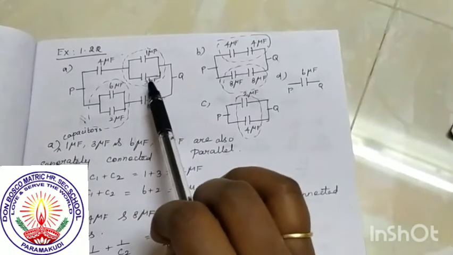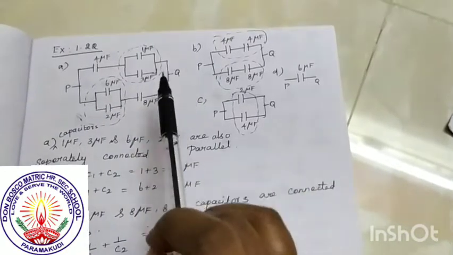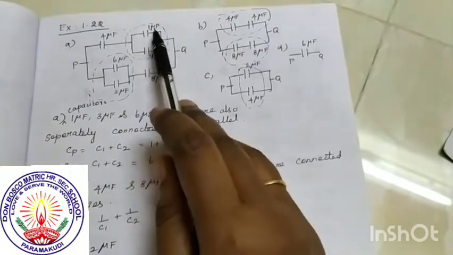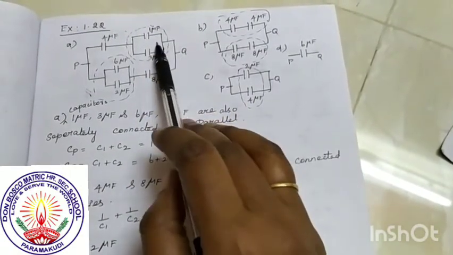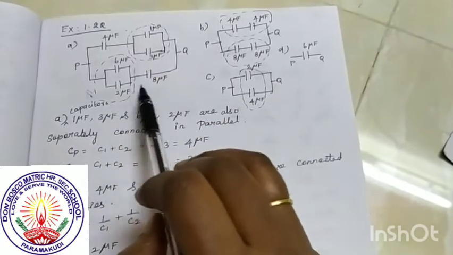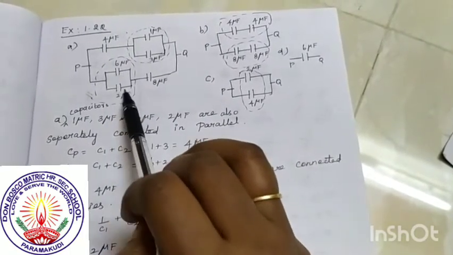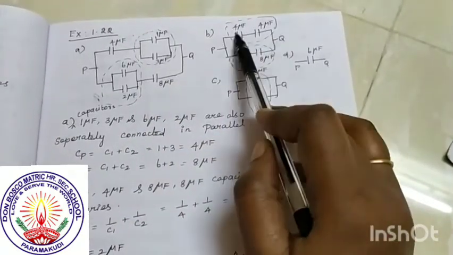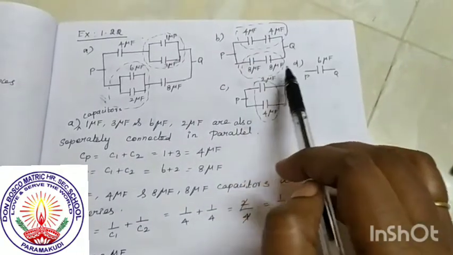Parallel terms, what should we do? First we reduce everything to series connections, and only then should we go to the problem. So we have to use these terms. So for a parallel connection, what should we look at? We have to add these 2 terms. And this also we have to add, 6, this is also a parallel connection. So we have to add these 2 terms. So this is a circuit with just two added terms. Second circuit: 4 plus 4 and 8 plus 8.